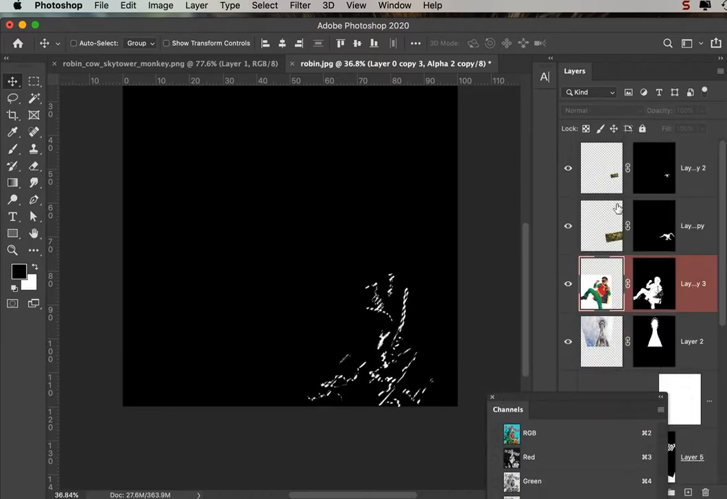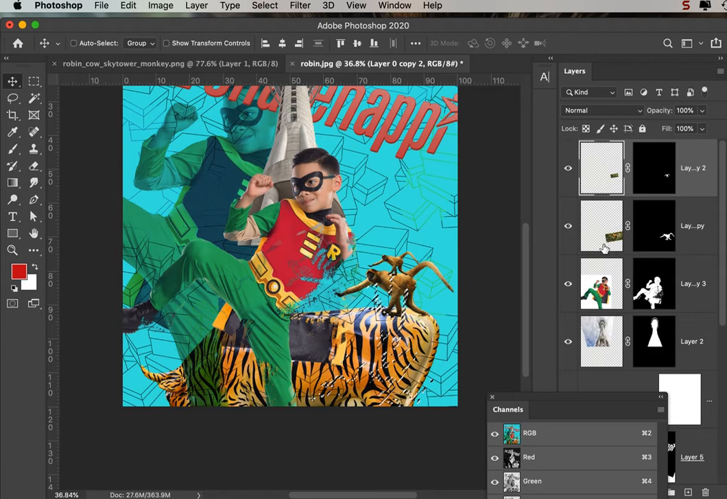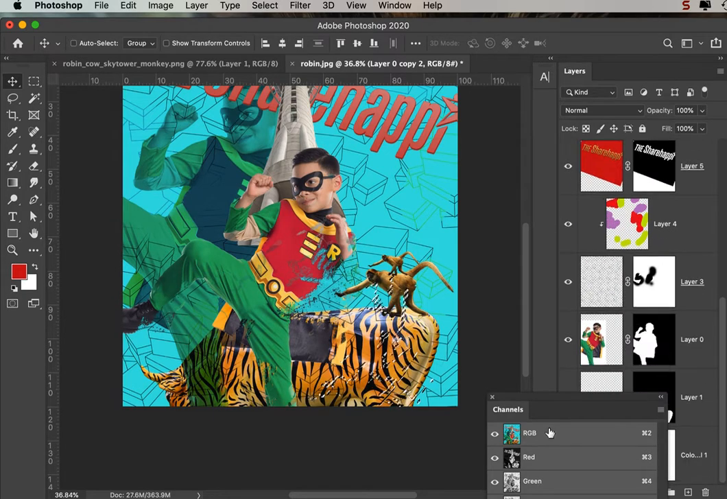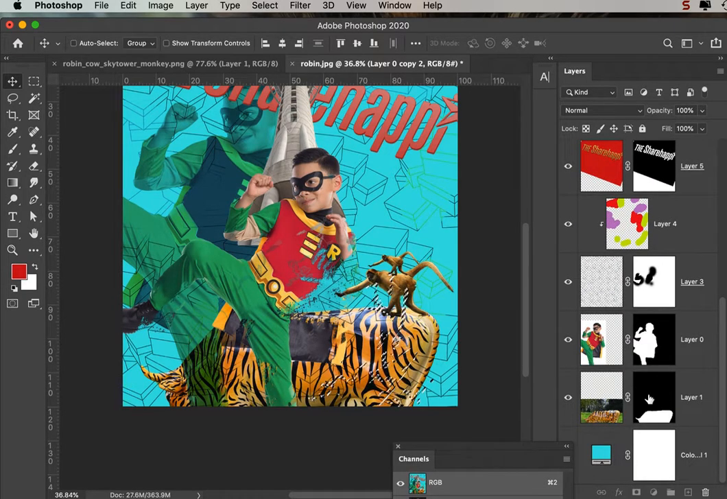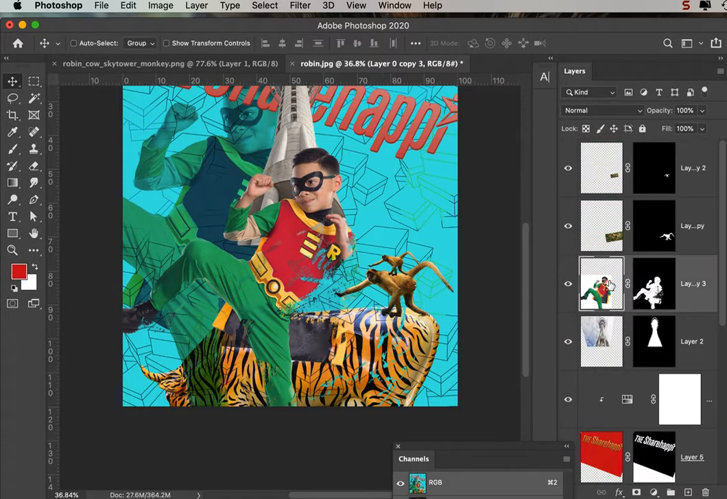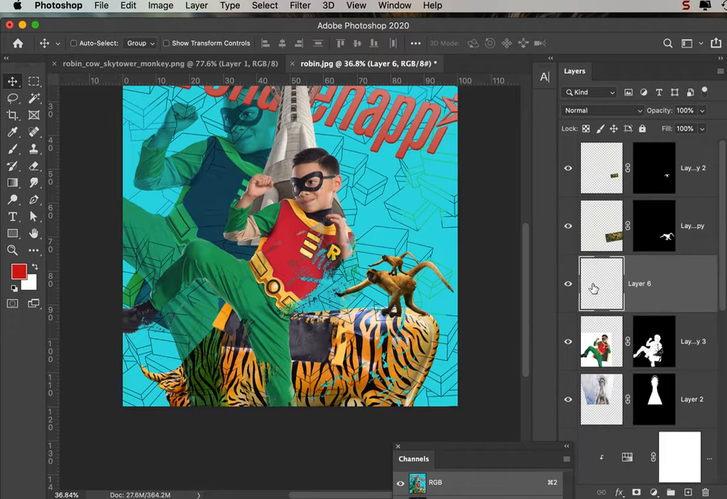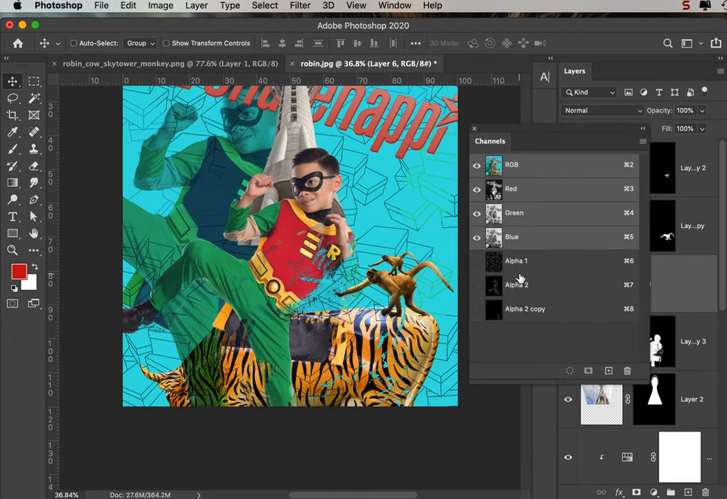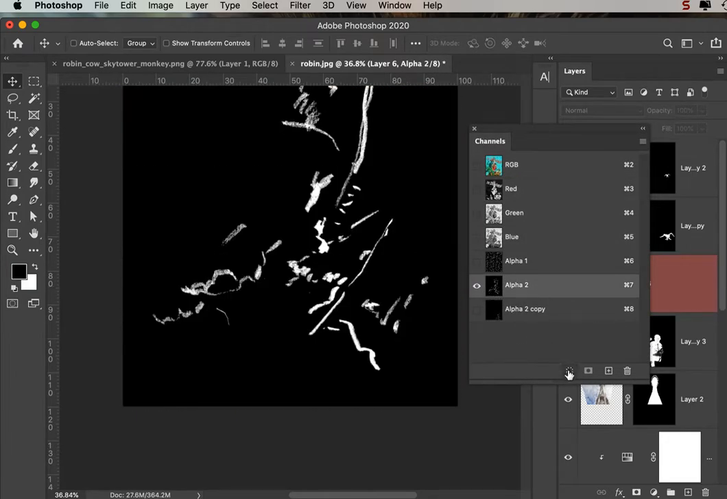come back to my layers, and I come down to the cow now, and Option Delete, which is fill with black, and I get a little bit of degradation coming in here. One more, I'll go back up to the top Robin, I'll make a new layer just above them. Channels, I've got this big alpha channel, I'll load it,